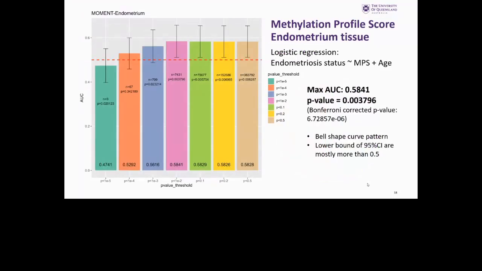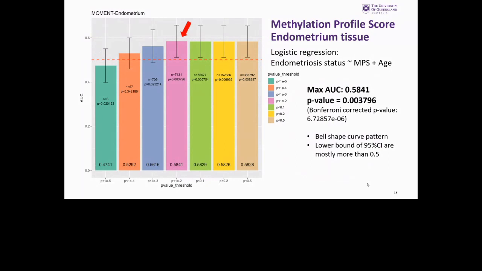So the y-axis here shows the AUC. This represents the performance of the methylation profile score in predicting an individual's endometriosis status. Of course, the higher the AUC, the better. And the model that I use to predict an individual's endometriosis status is a logistic regression model. So what this model says is that I'm using an individual's methylation profile score plus their age to predict their endometriosis status. If you look at our highest performing methylation profile score, it has an AUC value of 0.5841,